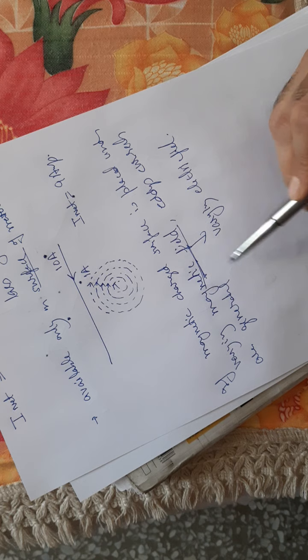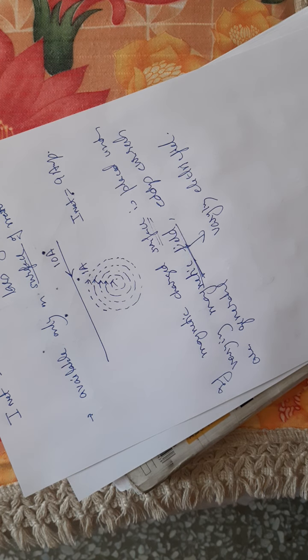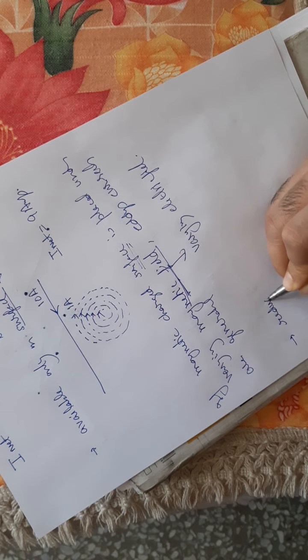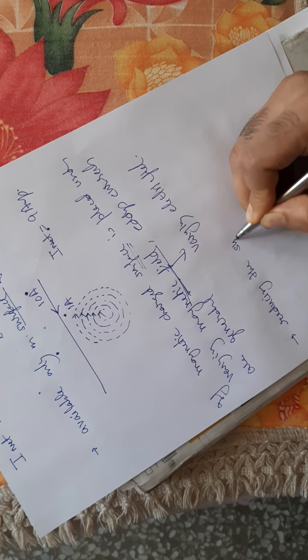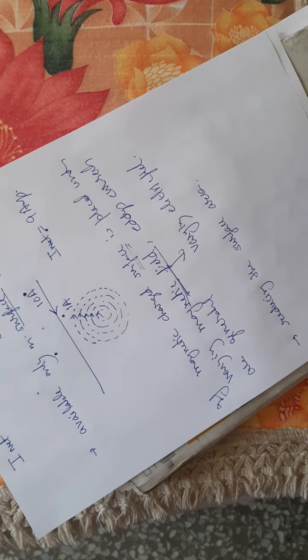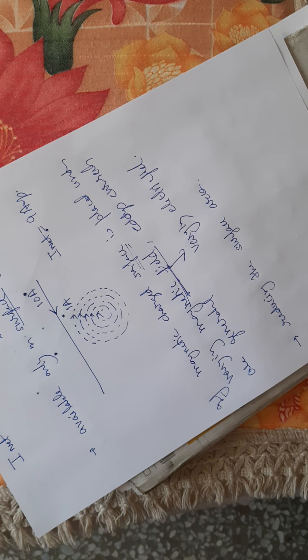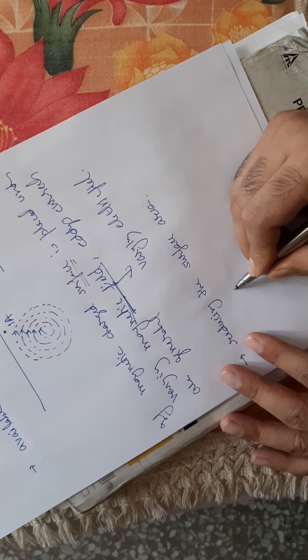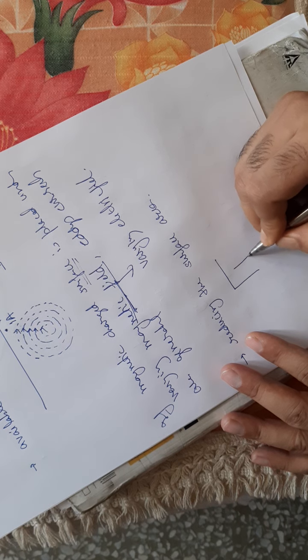Since these are surface generated currents, they are generated only over the surface of a conductor. So how will you reduce the eddy currents? Simply by reducing the surface area. And how will you reduce the surface area in a material? Have you seen transformers? The core of a transformer is not made of a single solid piece.